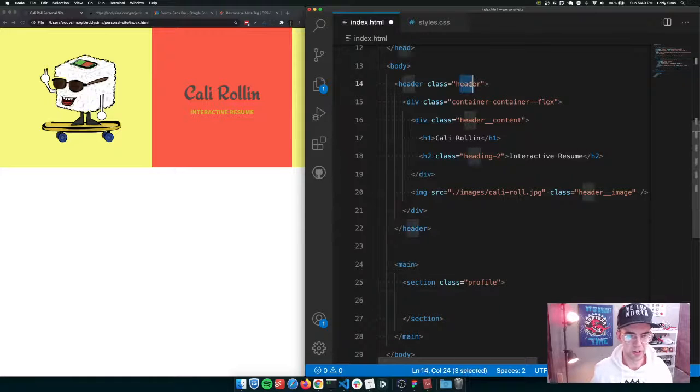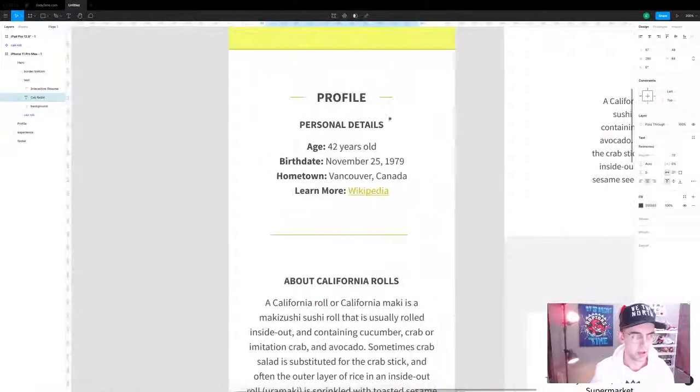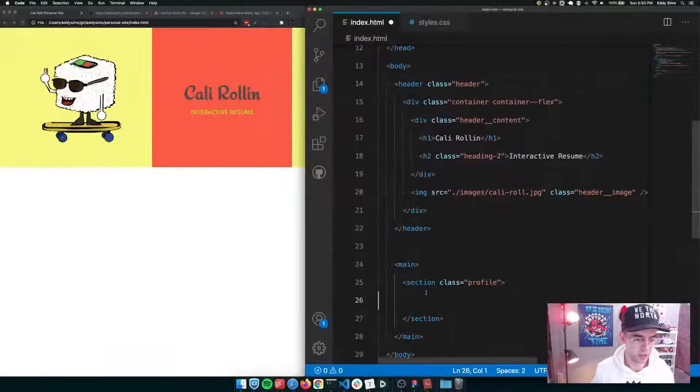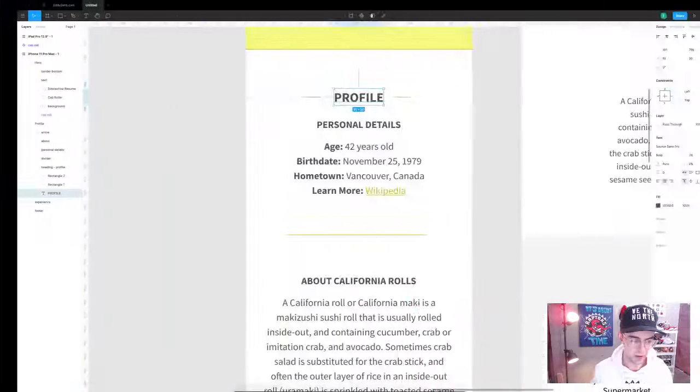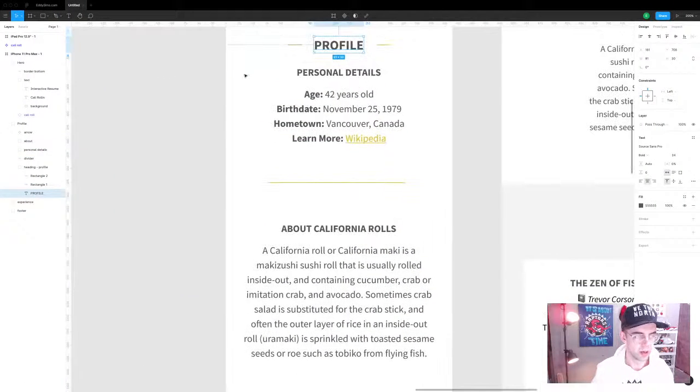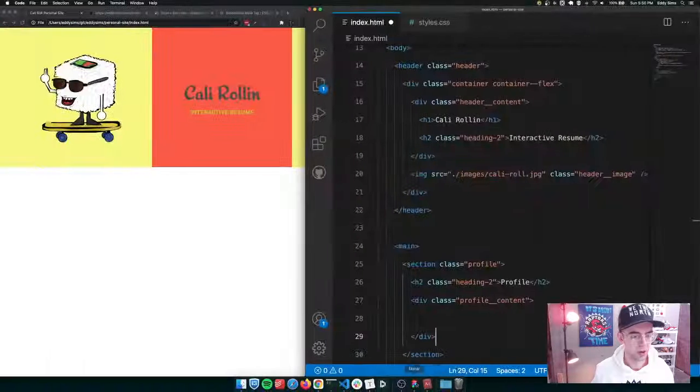And this is going to be very similar to this, where profile is our block, and then everything underneath it will be our elements. So we're going to have this profile, which will be an h2. So h2 class equals heading 2, same as above, profile. And then we're going to say a div with a class of profile underscore underscore content div. And within that content, which is going to wrap these two sort of paragraphs, we're going to say